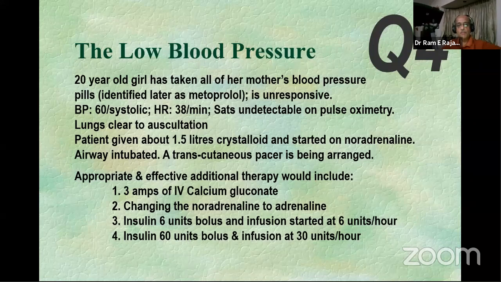Insulin works in two ways. Number one, it activates another kinase system that can initiate calcium transport into the cell and can improve the inotropy by itself. And the second thing is insulin can also work very effectively by mobilizing glucose into these cells and as a consequence providing an energy source. A combination of improving the energetics of the cell and of the alternate pathway through which the insulin works seems to be reasonably effective in overcoming the issue related to beta blockading or adrenergic blockading that you will have.